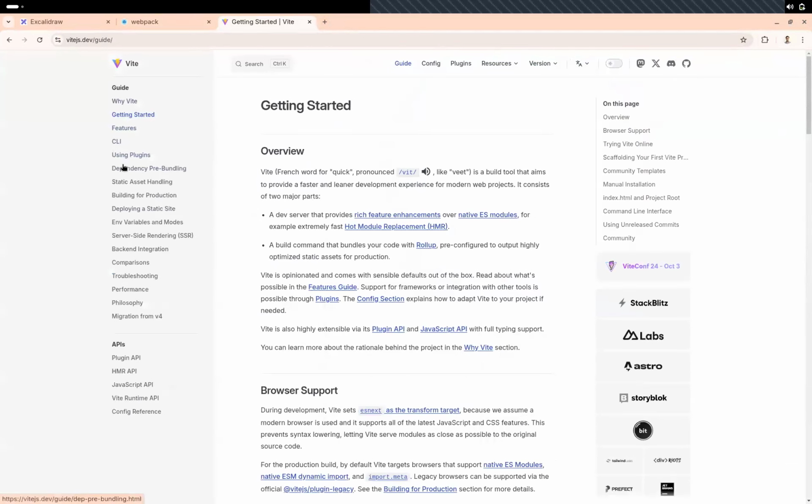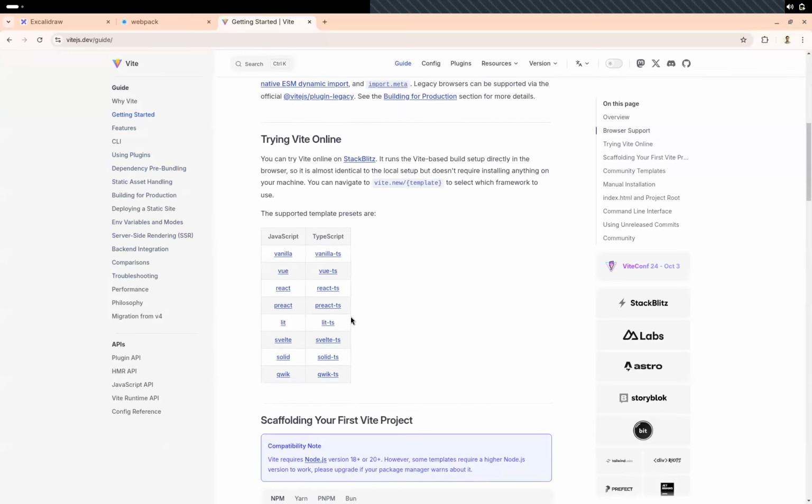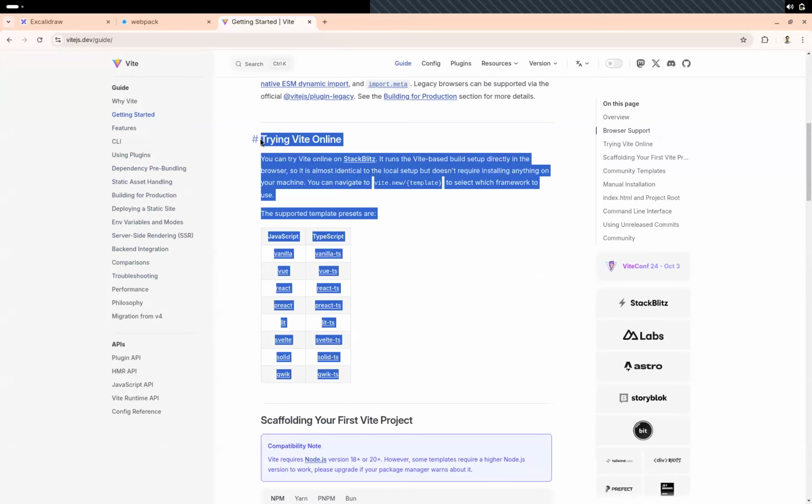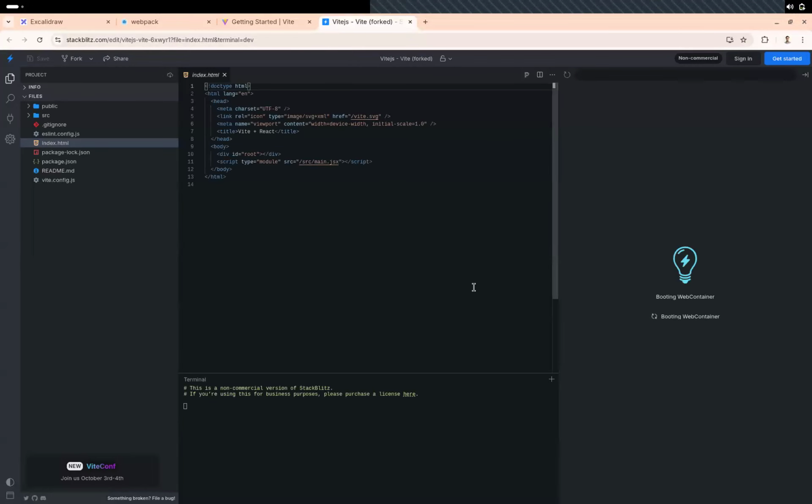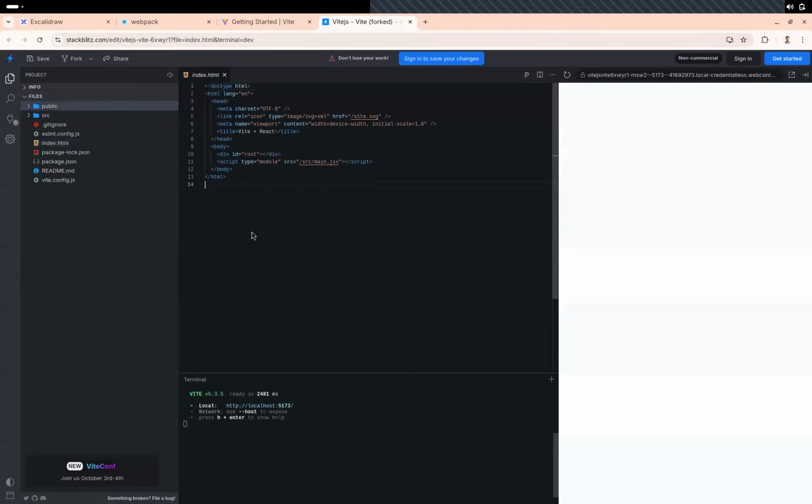And I want to search for this over here. So try Vite online. You can try Vite online, StackBlitz and all. So basically, this is a simple template preset that you can use via Vite. So let's say if I click on React, right? So it will take me to a platform. The older folks might know about something that is called CodeSandbox. Yes, right? So if you want to go for this platform based approach,